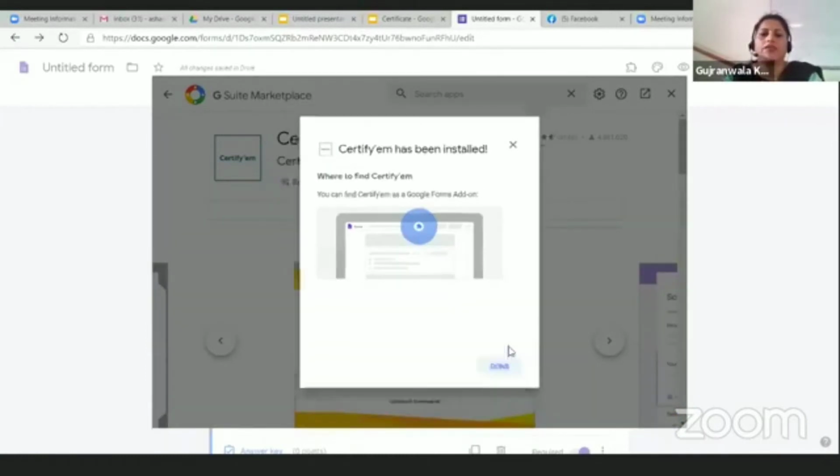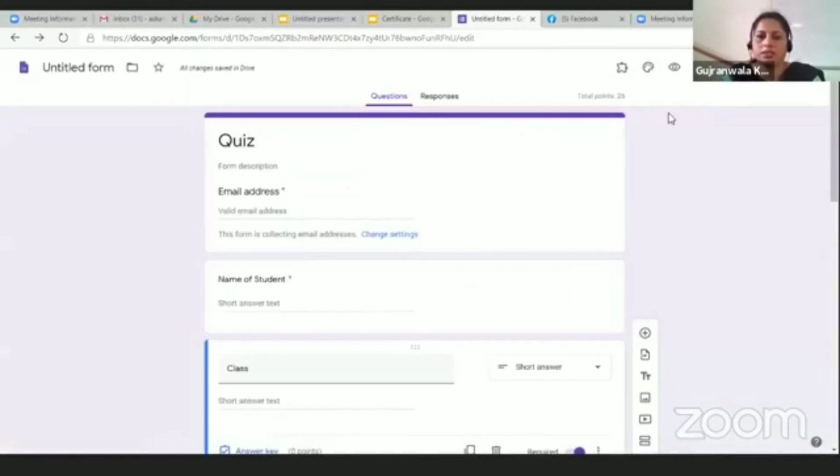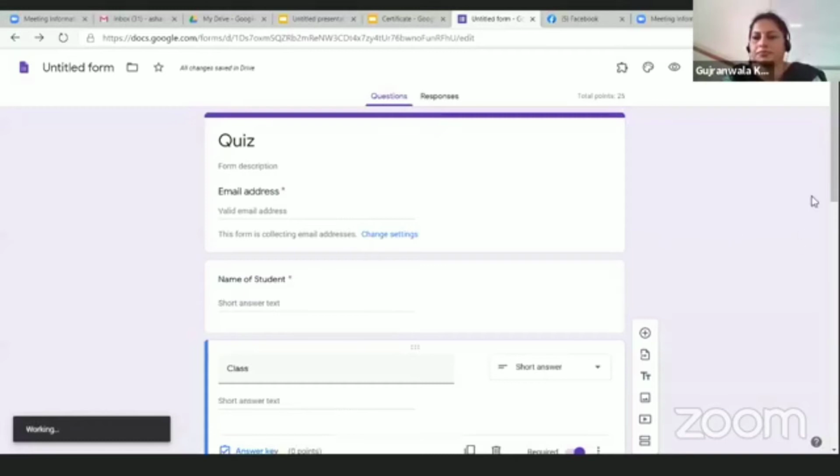We are done with it. We have successfully installed Certify in our quiz. So now we get this button, add-on Certify. Select this, show Certify controls.